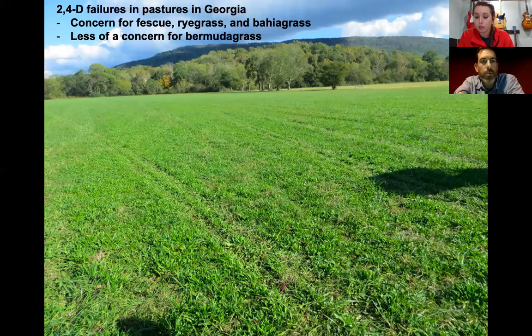Tall fescue, ryegrass, orchard grass pastures that have been using 2,4-D and other synthetic auxins for years are getting problems with plantain that cannot be controlled by 2,4-D. This is a concern for us with fescue, ryegrass, and also bahia grass because we don't have a lot of other herbicides to rotate different modes of action that are safe in those